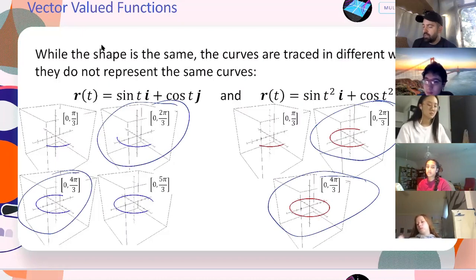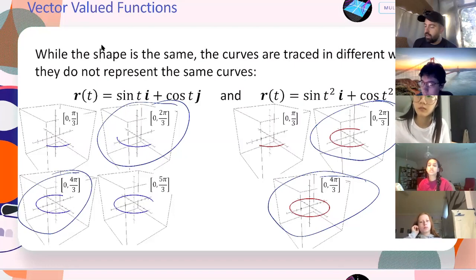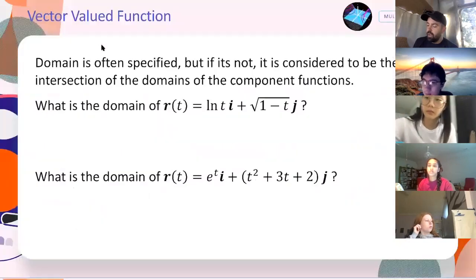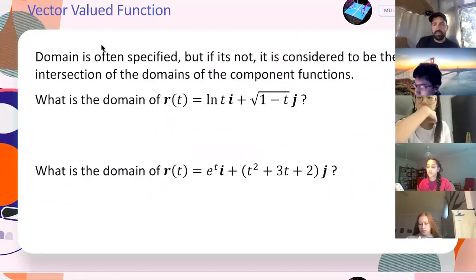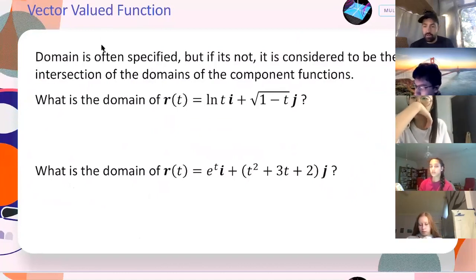But if you're interested in time mattering, you don't want to just pick anything. Domain: a lot of times it's specified, so it'll say, like I did on that last one, 0 to pi over 3 or whatever. If it's not, the domain of a vector valued function is the intersection, meaning what the domains of each component